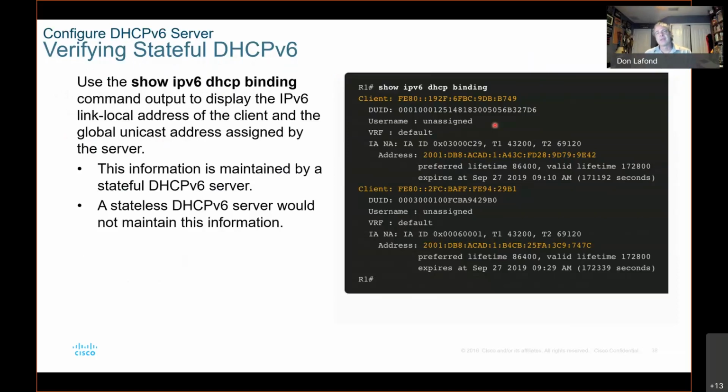This is a useful command because we can actually see those addresses. Remember, only stateful keeps track of the addresses. So if you want to see what addresses have been bound, you go to binding. So show IPv6 DHCP binding. If you forget the word binding, just use the question mark. And here you can see that this is one address that has been assigned. And then here's the actual address that's been assigned. Here's the address, and this is the link local. And then here's the address that's been assigned, and it has a